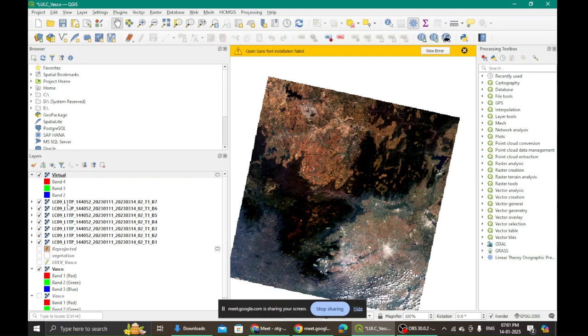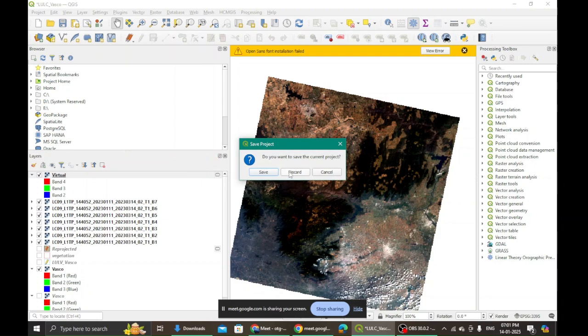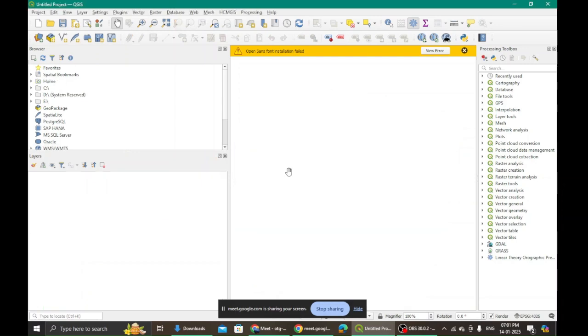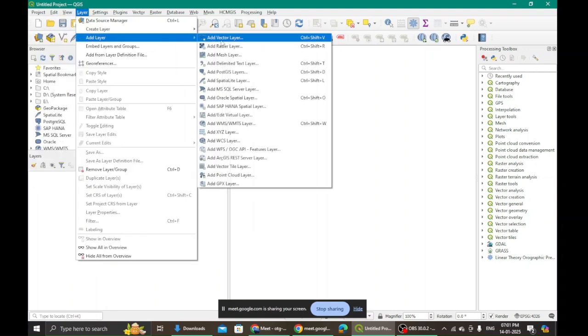Okay. So I'm here. I will just quickly open a new project. You might be having yesterday's project, right? So you may open the same project that we had made yesterday, the day before yesterday. Now next, I will quickly add that particular layer which I had made.